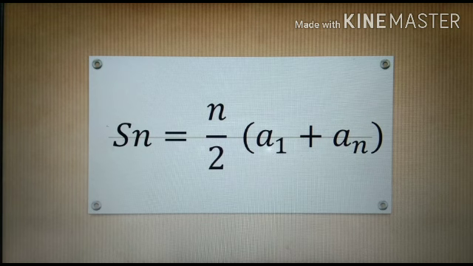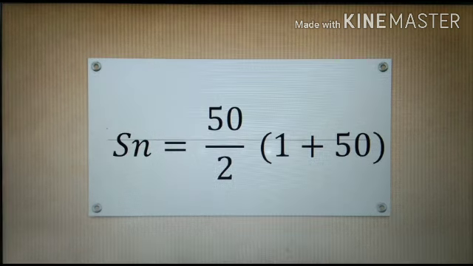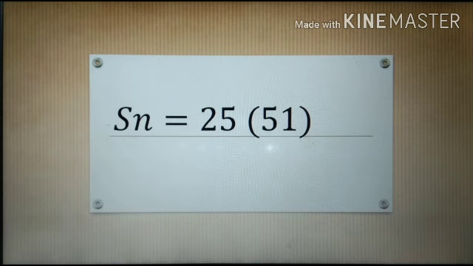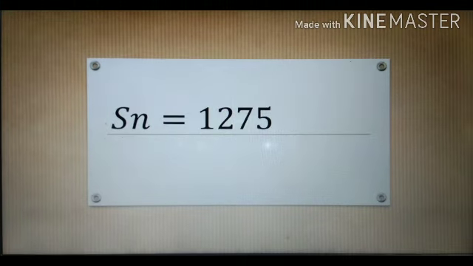Since we're looking for the sum of integers from 1 to 50, the number of terms is equal to 50. So, we have S sub n is equal to 50 over 2 times the quantity of 1 plus 50. And 50 over 2 is equal to 25, and 50 plus 1 is 51. So 25 times 51 is equal to 1,275. So the sum of the integers from 1 to 50 is